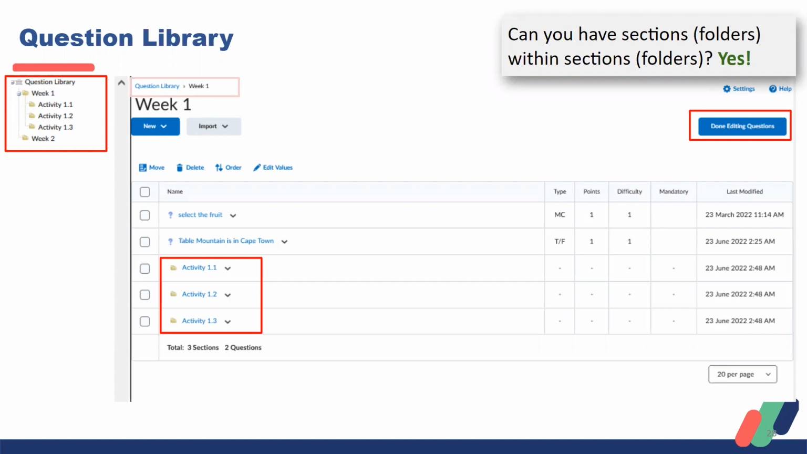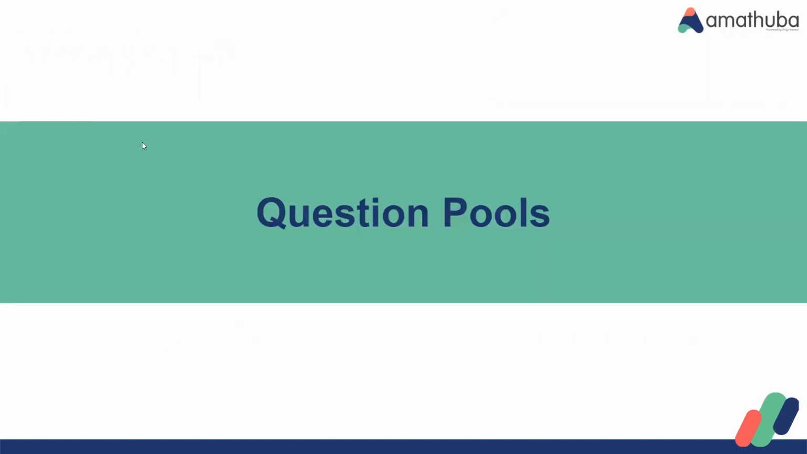So here at the breadcrumb trail right at the top, you can see question library, week 1. So we're in the week 1 section at the moment. If I wanted to create activity 1.4, I would just click on new section and create activity 1.4, and it would land up in this week 1 section. Right, so once you had finished editing all your questions, you could always click on done editing questions to